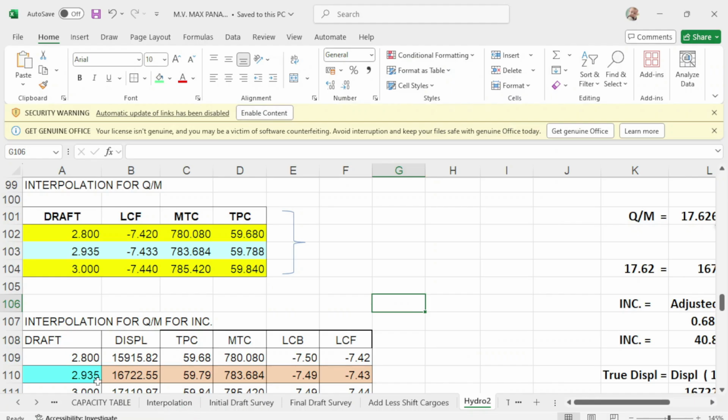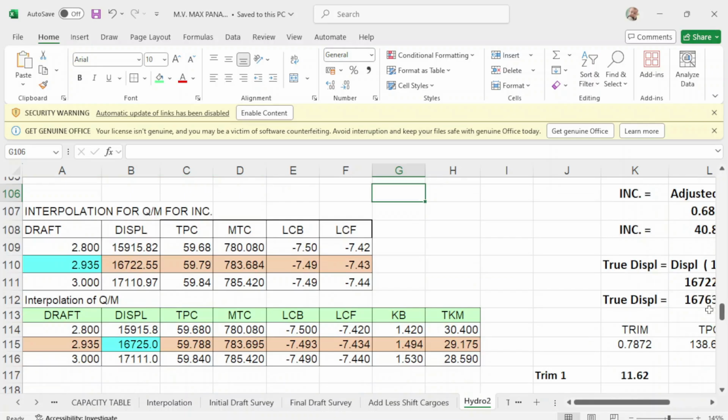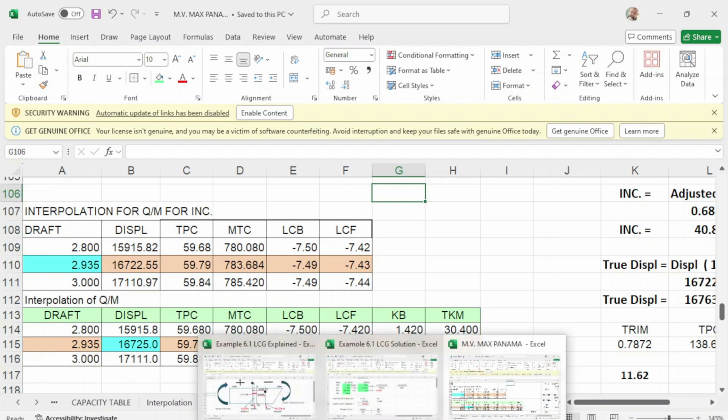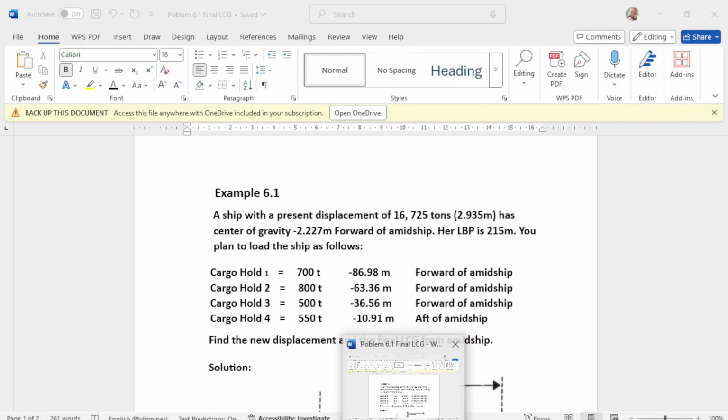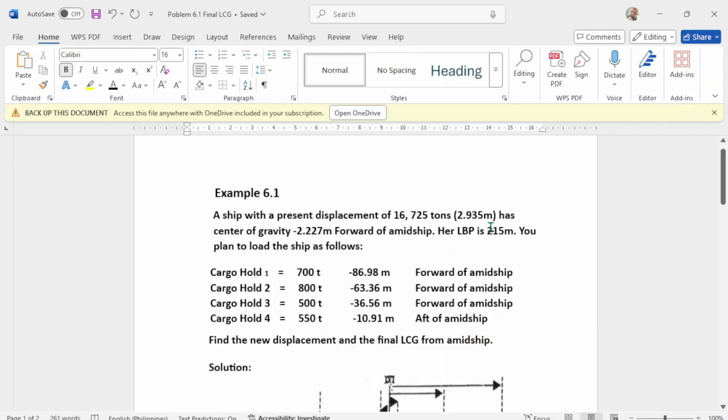Okay, put here 16,725, and the draft is 2.935, which is this one. So with this displacement, this is the center of gravity, which is negative 2.27.